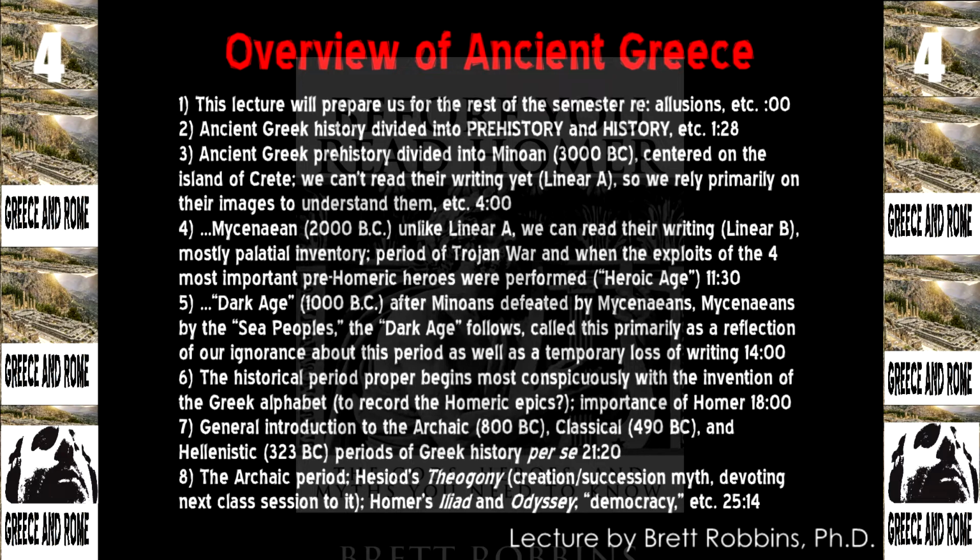Ancient Rome is also broken up into prehistory and history, but as we'll see, the hint I gave you about the Romans stealing from ancient Greek epic and history in order to create their own early history has to do with this: in the historical period of Roman history, there was pretty much a blank slate when it came to prehistory in the minds of the Romans living in that time, until the Romans of a certain period, I'll give it away, the beginning of the empire, constructed that early history, and then all of a sudden there was a prehistory accounted for. So when we get to Rome at the end of the semester, we're going to start in history, and then we're going to backtrack to prehistory.